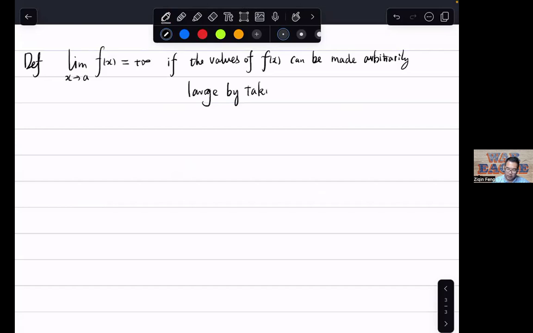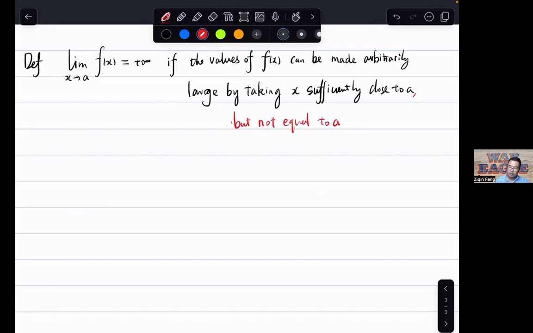Restricting your x, right? By taking x sufficiently close to a. One very important thing here is x cannot be a, right? Because f of a may not exist, but not equal to a. So that's the definition for a function goes to infinity at a number,